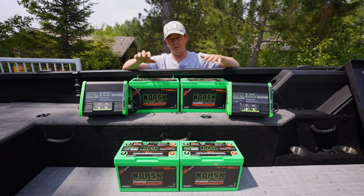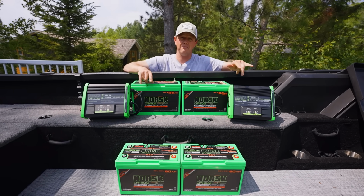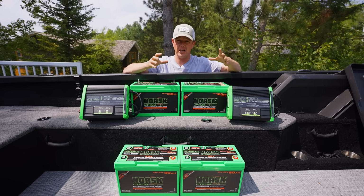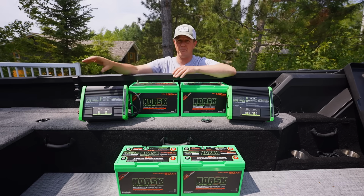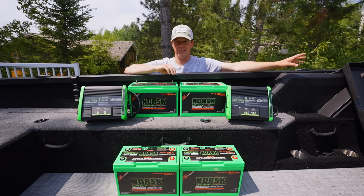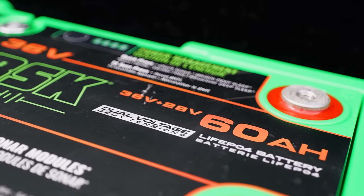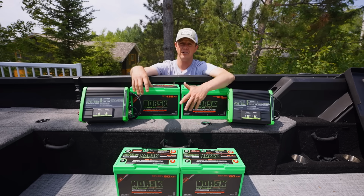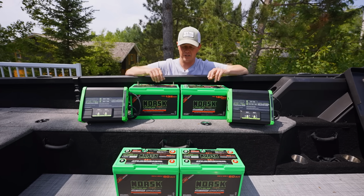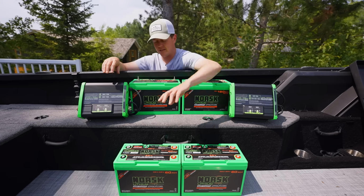So for this battery, the 36 volt is what we're running with on the Kraken, the trolling motor. The 28 volt is actually what the Garmin GLS-10, the black box module, accepts. So you get clean, consistent power to the black box, plus I'm also powering the trolling motor. So I'm going to get these 2 36 volt 60 amp hour batteries, and we are going to parallel them, meaning basically you're chaining them together so you get twice the amp hours. These 2 batteries at the bottom here, the 36 / 28, are going at the front, and as well, this